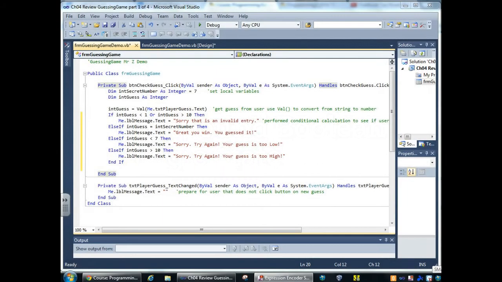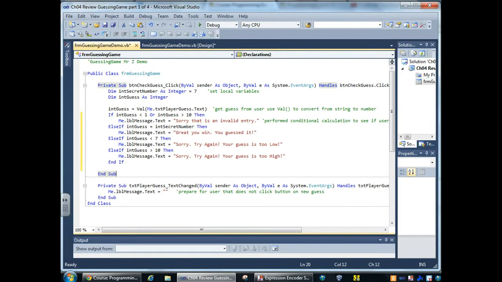Okay, everyone, here we are. We're looking at our little guessing game demo again here, and we're looking at the topic of compound Boolean expressions. So in this guessing game right here, what we wanted to do was make sure that they're not guessing something less than 1 or greater than 10. Both those situations would be an invalid guess in this game